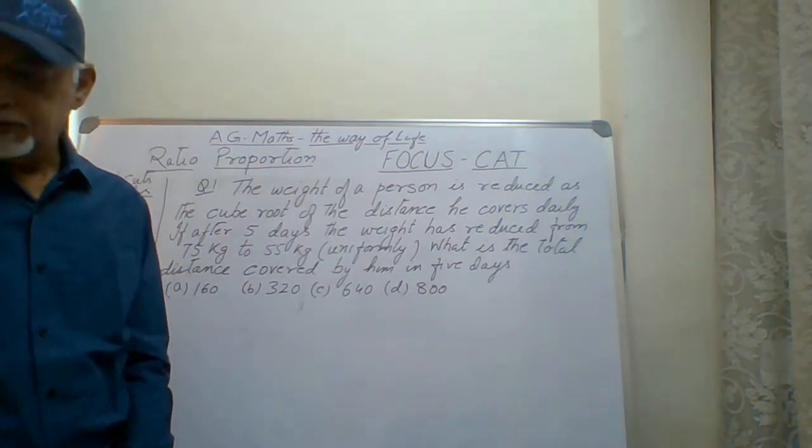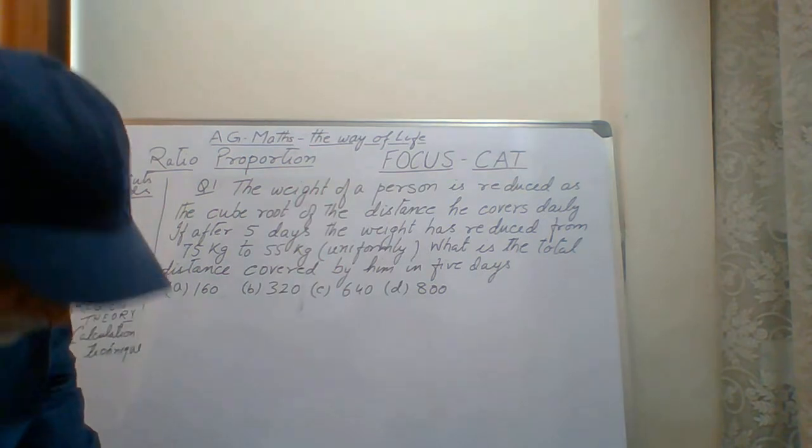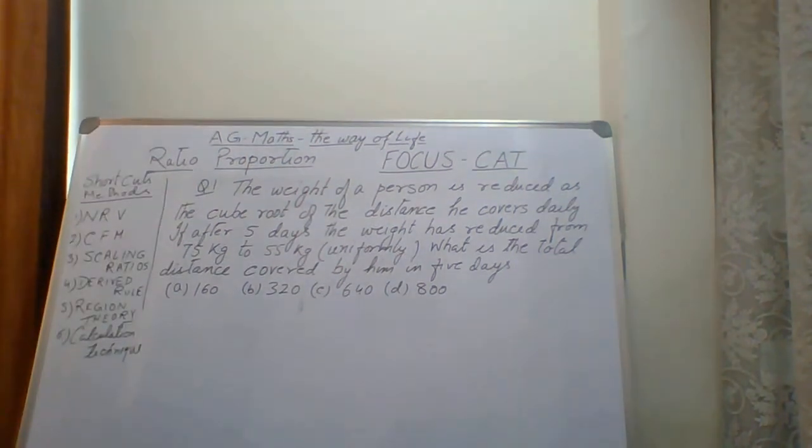Now, before I start the topic, let me brief you about what this is. In the stream of this CAT, usually you encounter questions which are puzzle oriented. Hence, there will be a number of ways of obtaining the answer to such questions. As you have seen here, I have put four options, and then there may be some puzzle type of problems which I will discuss in due course.